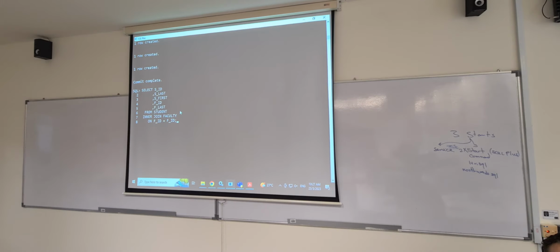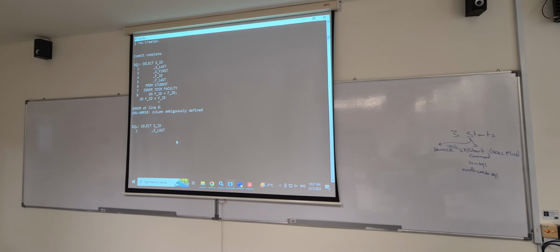Why? Because if you ask yourself which FID we are referring to, is it from the first table or the second table, right? We're just typing FID. So now if I hit enter, I should get an error that says column ambiguously defined, because it cannot recognize which faculty ID you are referring to. Is it from student table or faculty table? So we need to fix this ambiguity. So we repeat again,